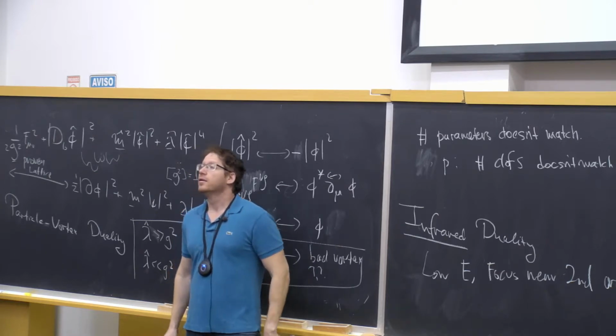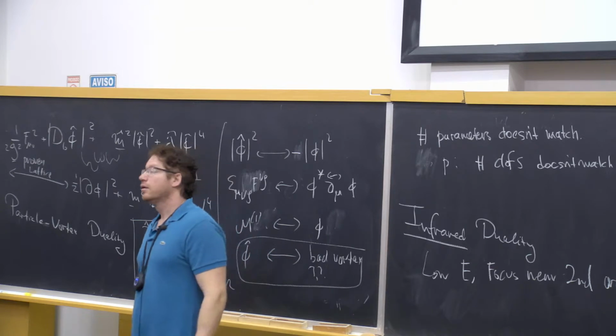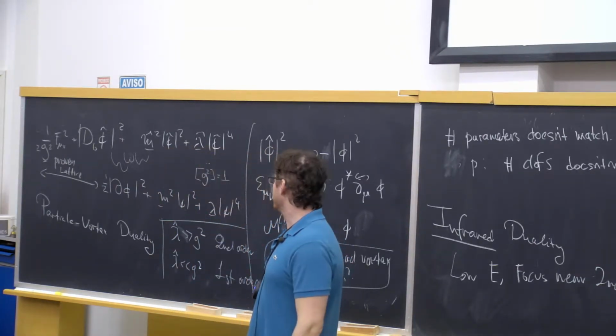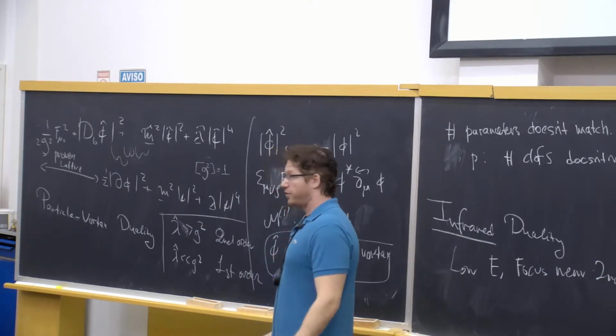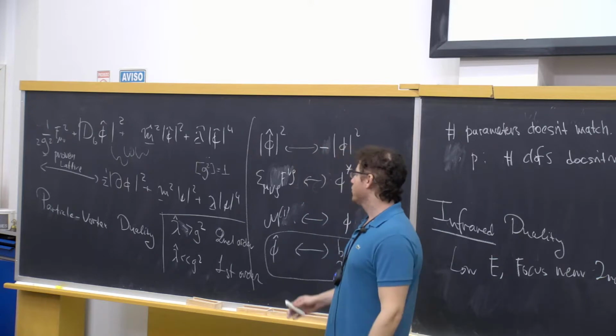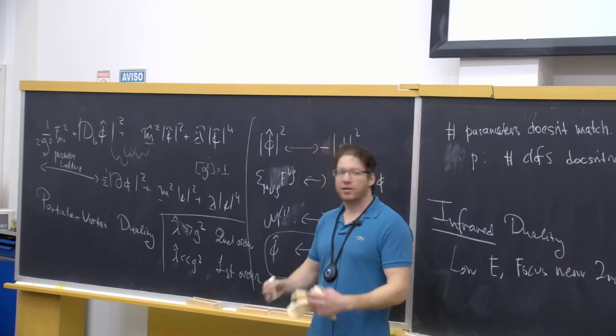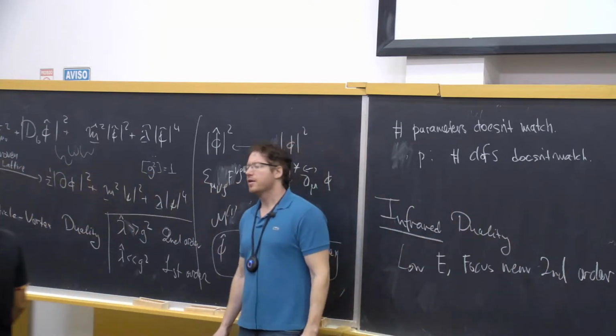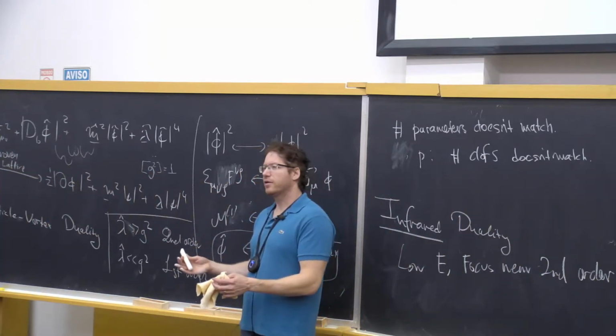Is there any duality in D equals 4? Well, that's a big open question. We don't know of interesting non-supersymmetric dualities in D equals 4, unfortunately. Well, U(1) gauge theories are boring in D equals 4. At long distance, they are always free. So there are no interesting dualities. You probably have to talk about non-abelian gauge theory.